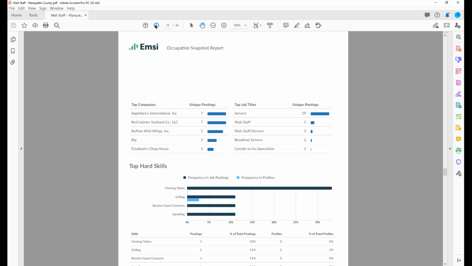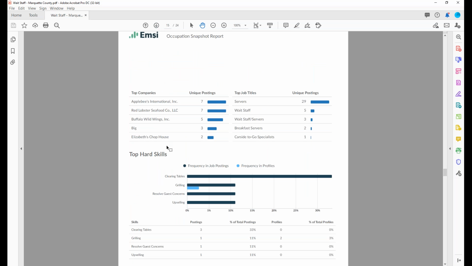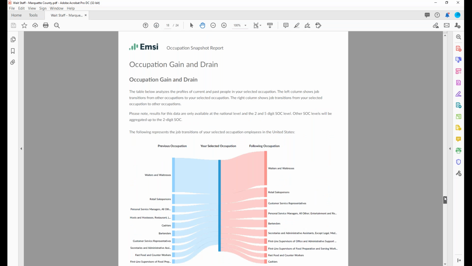It gives you the demand. Again, it can give you the skills. So if you're looking at filling, I'm going to do some examples with CNC machinists. It'll give you the hard skills. So if there's anything that can be transferred over to another position, say that you're looking for a CNC machinist and there's certain skill sets that are in another position, this can kind of show you how you can cross-train them. So this is a really great tool, and it's very popular, as I mentioned.